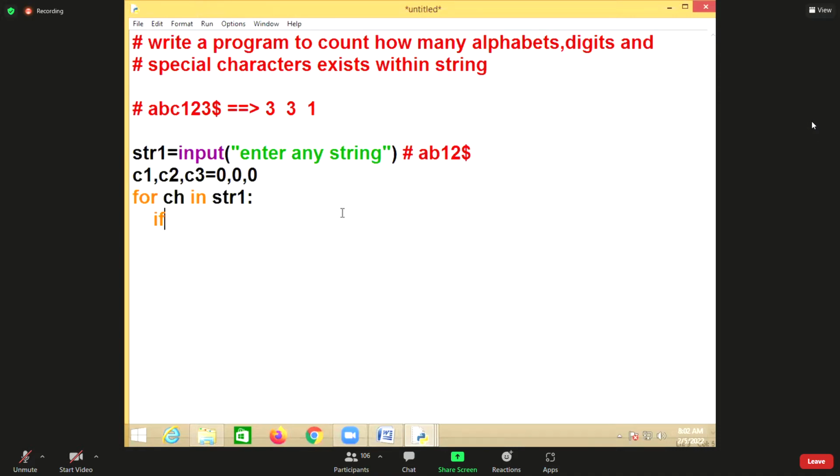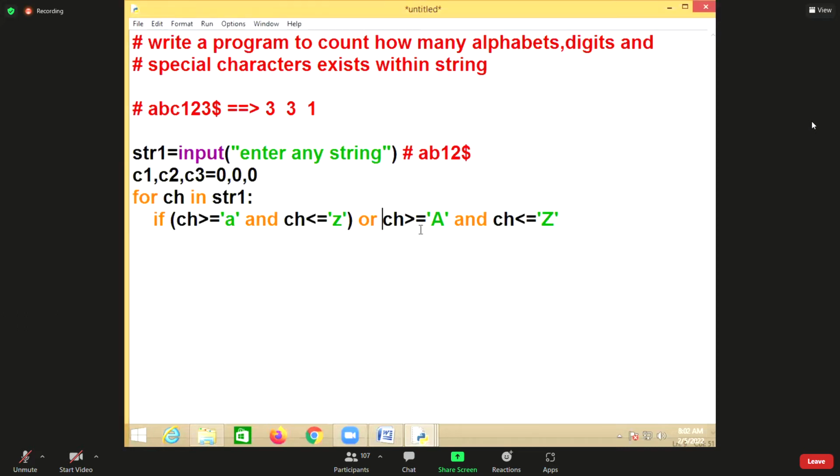Then I have to check whether this character is an alphabet or not. So if character is greater than or equal to A and character is less than or equal to Z, that is for uppercase, or character is greater than or equal to a and less than or equal to z, for lowercase.